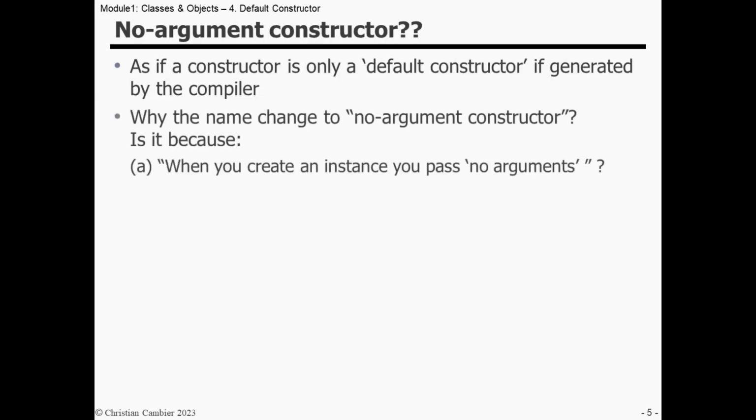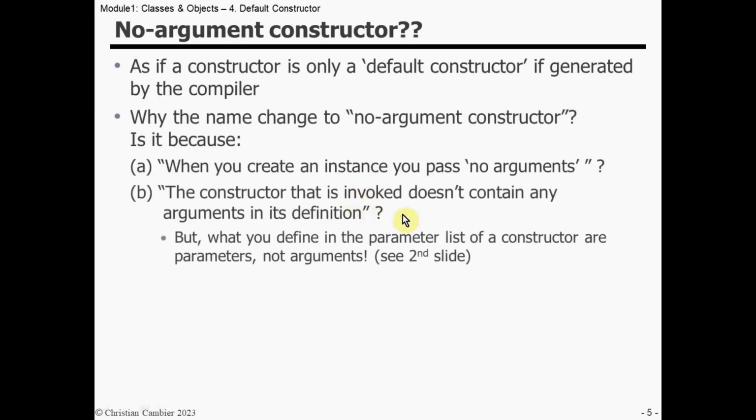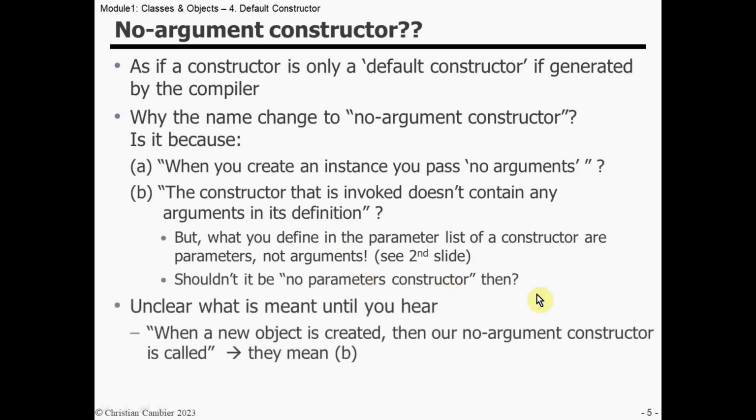Is it because A, when you create an instance you pass no arguments? Or B, the constructor that is invoked doesn't contain any arguments in its definition? But didn't we just see at the beginning of this presentation that what you define in the parameter lists are parameters, not arguments? So shouldn't it be then no parameters constructor? Anyway, it's not very clear what is meant until you hear